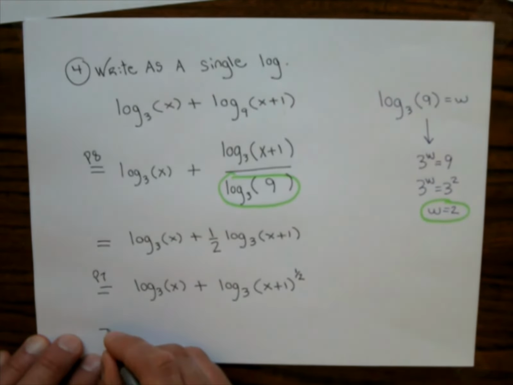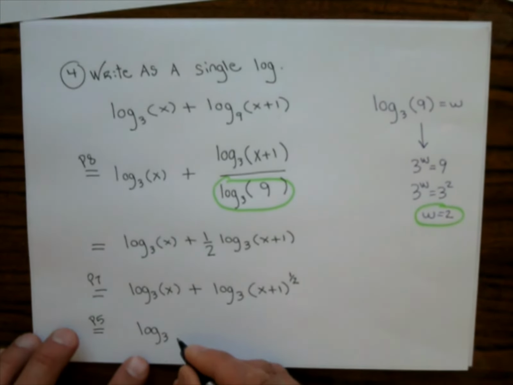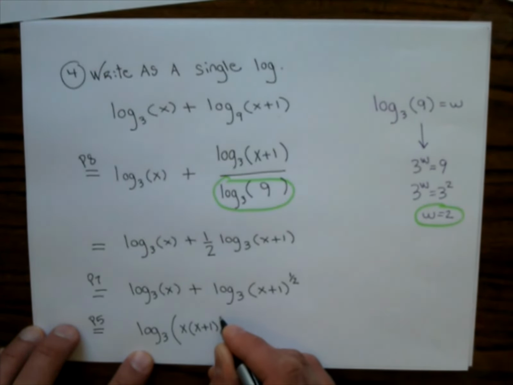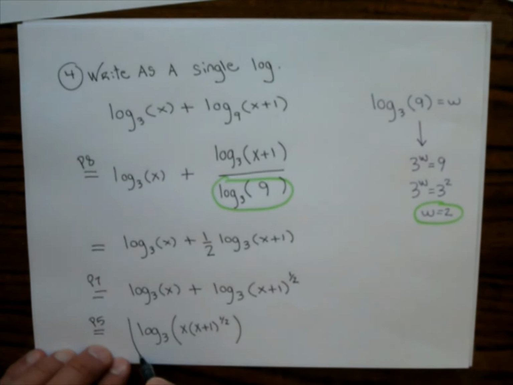And now I can use the product rule, where I write this as log base 3 of x times this. This right here is an acceptable answer,